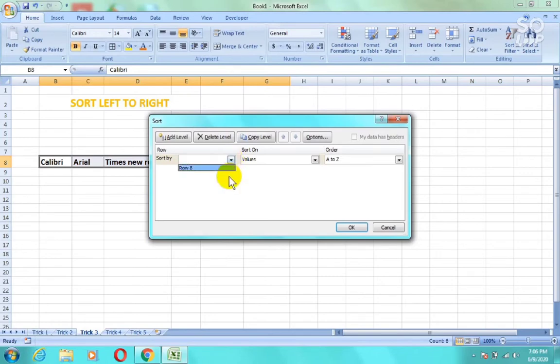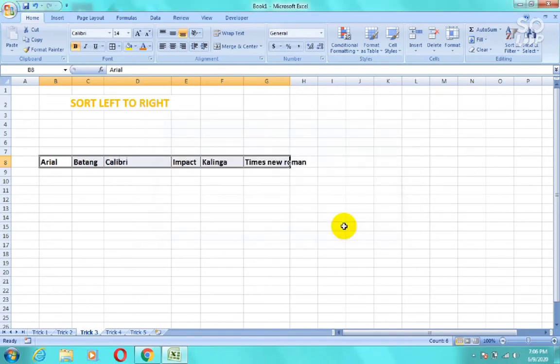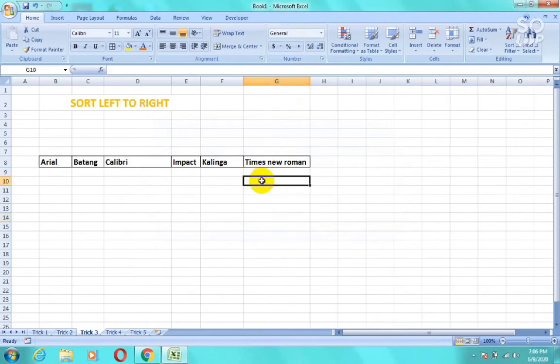Now from here select row 8 because you want to sort your row 8 and then simply press OK. Your data will be sorted from ascending to descending order.